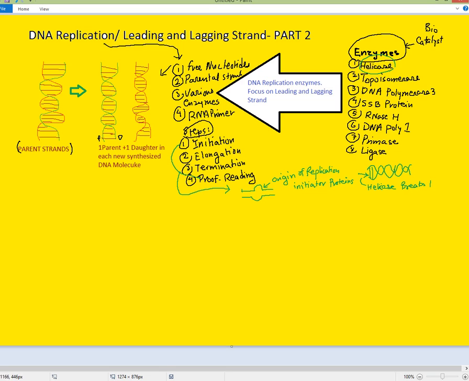Okay, breaks the hydrogen bonds, and once it's broken, there is an enzyme, topoisomerase, the second one in the list. What it does, it untangles the strands, so it doesn't get tangled, because DNA polymerase needs room to add the nucleotides. Okay, and then our elongation process starts. So let's say now the DNA molecule is like Y-shaped,